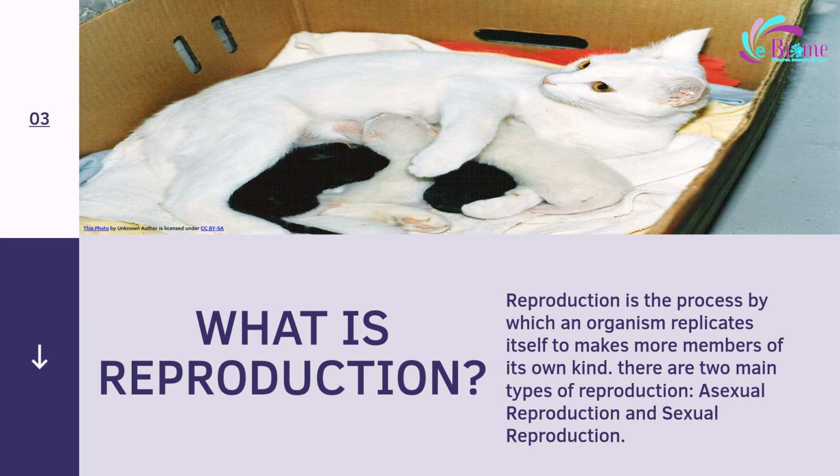There are two main types of reproductive strategies or reproduction that an organism can utilize. These reproductive strategies are 1. Asexual reproduction, or 2. Sexual reproduction. You will learn more about these two types of reproductive strategy as we continue with this lesson.